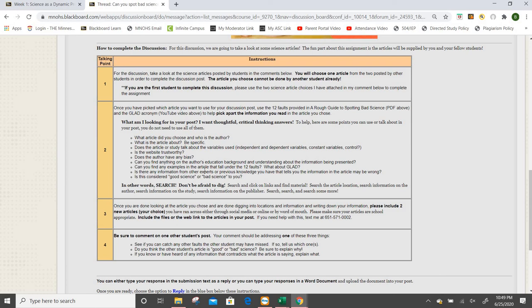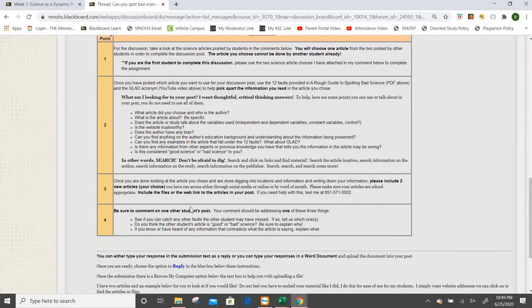You can Google the author and the website. You can do whatever it takes to find information. So don't be afraid to search and don't be afraid to dig. Once you're done looking at the article and gathering information, I want you to make sure you post that in